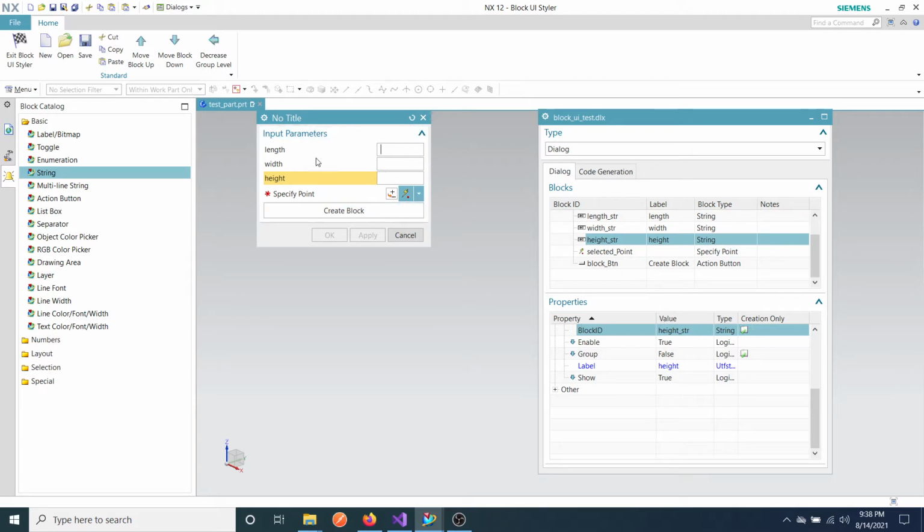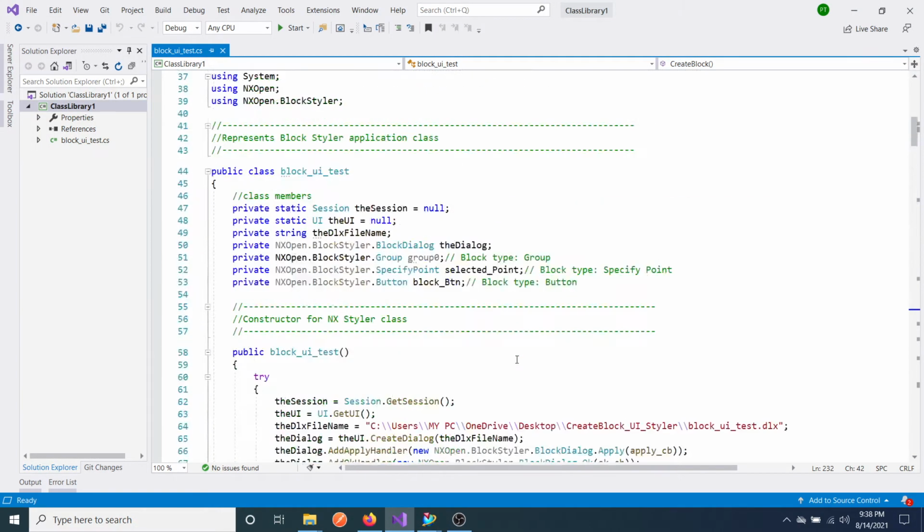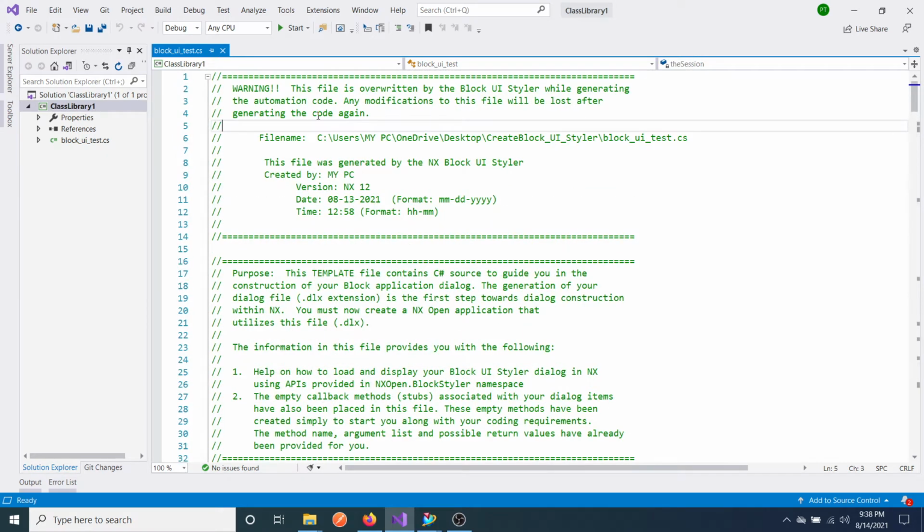Now, before you save this block, there is an important thing. I'm just going to show you. See, there is a warning: this file is overwritten by the block UI styler while generating the automation code. Any modification to this file will be lost after generating the code again.